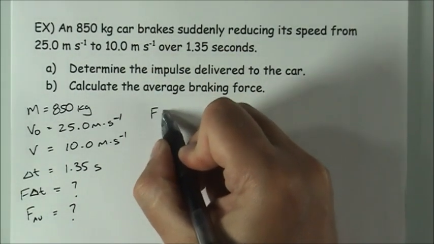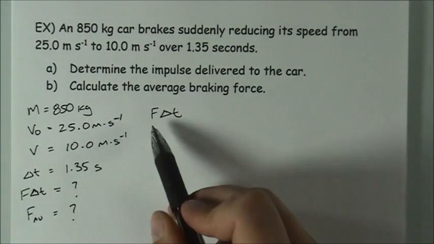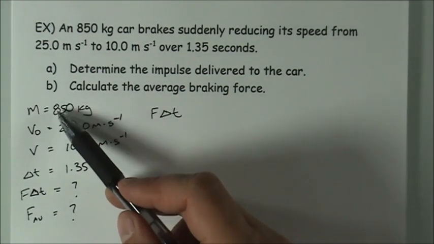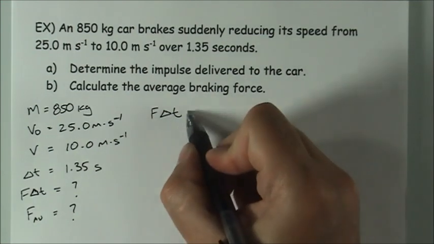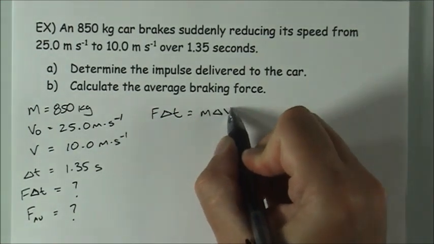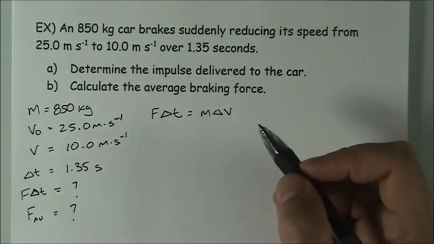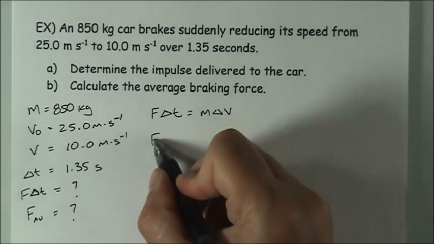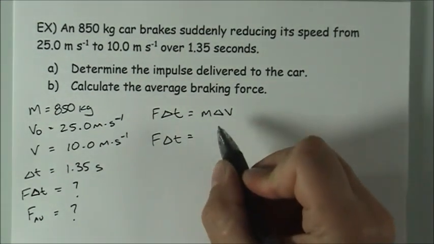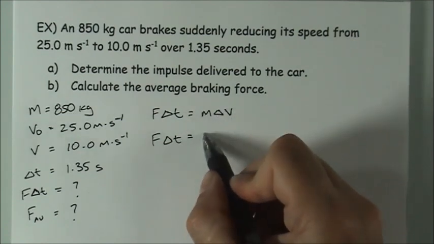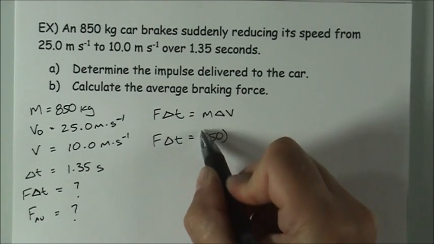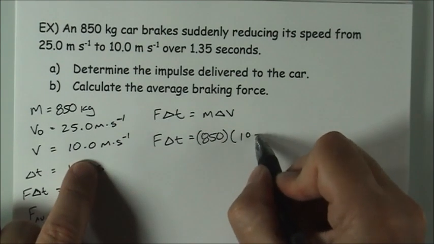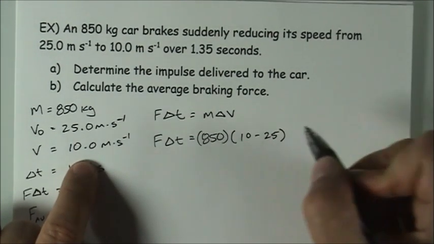So here's the trick. While I don't have the force in order to be able to calculate the impulse, I do have the mass and both of the velocities. So that means that the right side of this equation, m delta v, I have. So instead of multiplying force times time to come up with the impulse, I'm instead going to calculate the change in momentum. And so in that case, that would be 850 times, so in this case, final velocity 10 minus initial velocity 25,